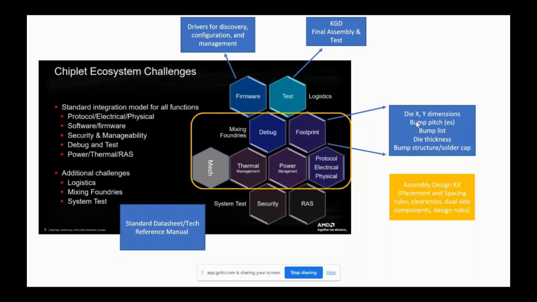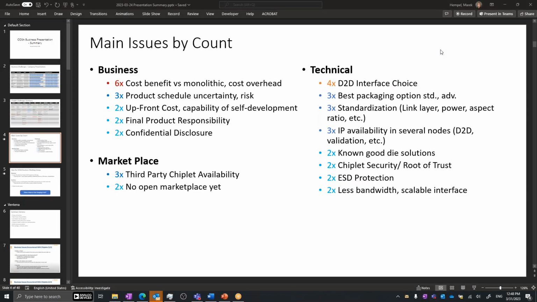But Kash, the only thing is that list is not a set of use cases. That's just a list of things we could do. Do we not want to overlay a use case? No, I think it was a list of the main issues that people are seeing with the chiplet space, from a business standpoint. I think it's that list that I was interested in. You're talking about this one. Right. There's business and technical, right? So maybe we just look at